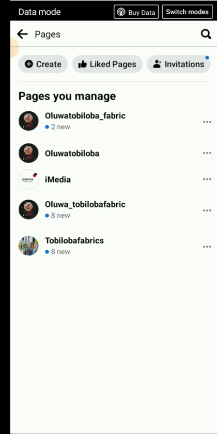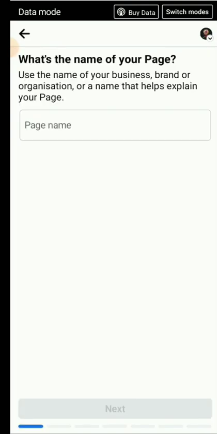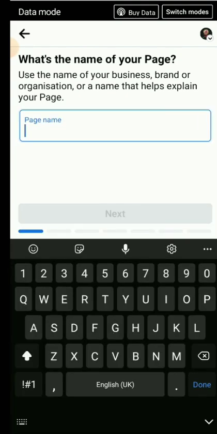You click on pages, and then you click on create. So you create a page. Get started. Just follow the details. And the first information here is the page name. You put in the page name of the business. Let's say